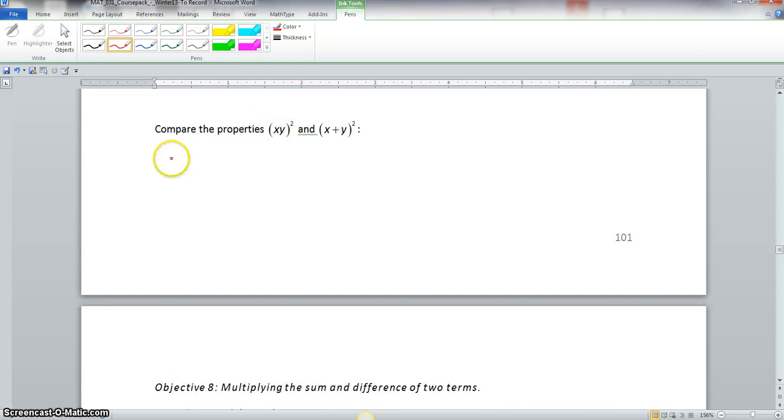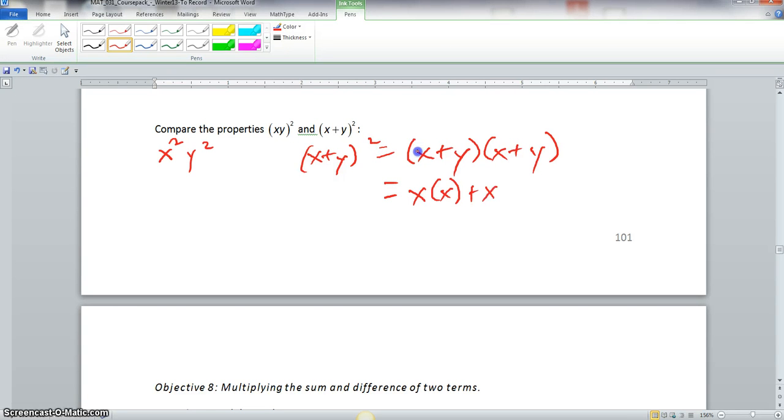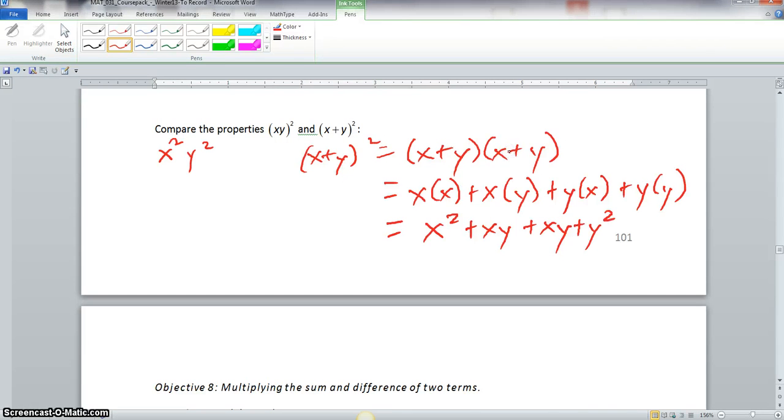Now we're going to compare these properties. We know xy parentheses squared is just x squared y squared. But the x plus y squared is equal to x plus y times x plus y, which is totally different because we have x times x plus x times y plus y times x plus y times y. And that will give us x squared plus xy plus xy plus y squared, which is x squared plus 2xy plus y squared, and that is the